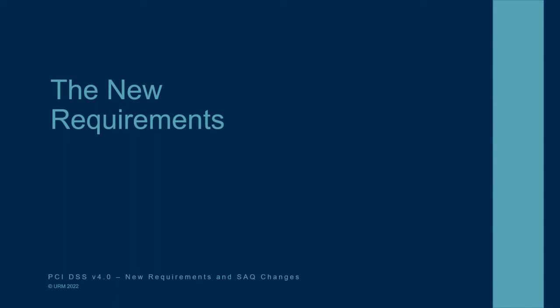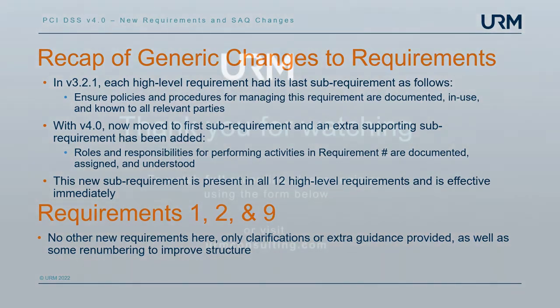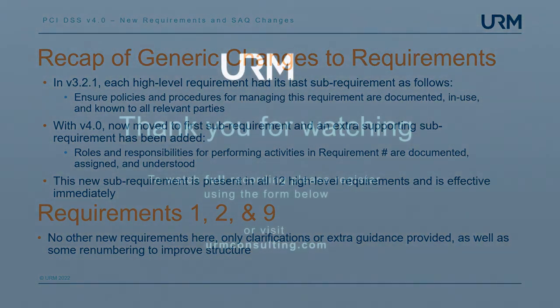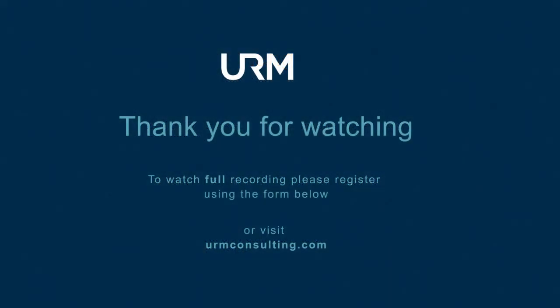There's a whole bunch of new requirements. There's a whole bunch of changes that range from very, very minor to what could be quite significant. So just a general recap of some of the generic changes that have happened across nearly all the requirements. The primary one that's gone into every single requirement is this: the last requirement in each of the high-level requirements 1 to 12 was always to make sure you have policies and procedures for managing that requirement, and that they're documented, in use and known. That's been moved to the first requirement under the high-level requirements to make it more prominent, and they've also pulled out from that a new sub-requirement that says that the roles and responsibilities that those policies and